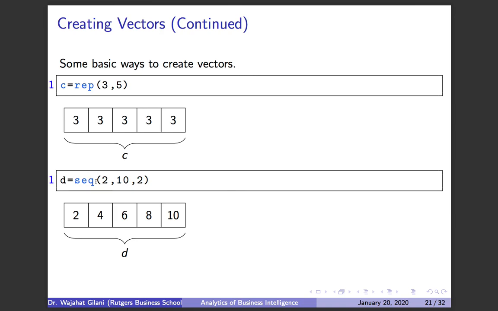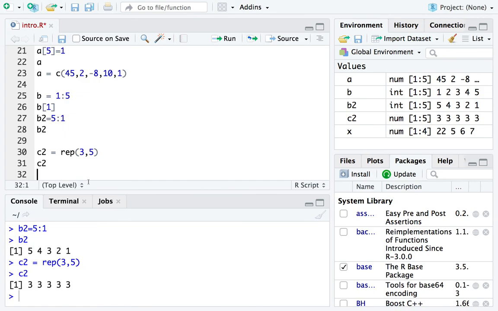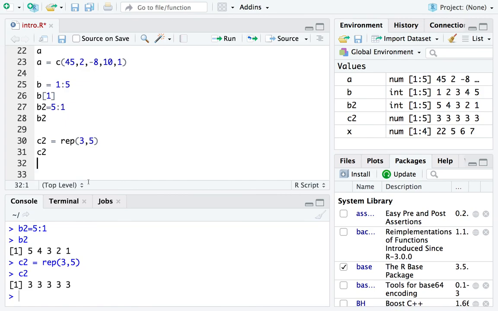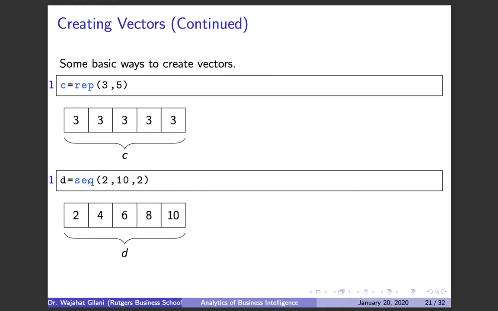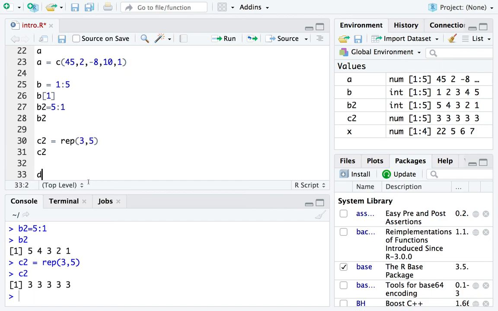Now sequence, seq. This function stands for sequence. Now sequence is like colon, right? It's like the colon function, except it's a little more powerful. So here what I do, okay, 2, 10, 2. All right, excellent. So here let's do,